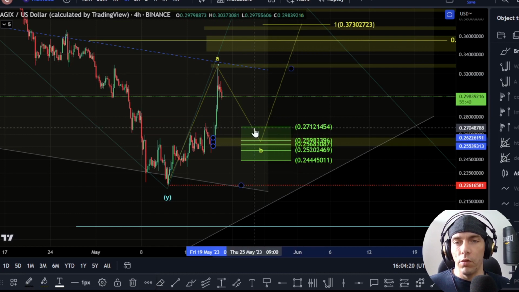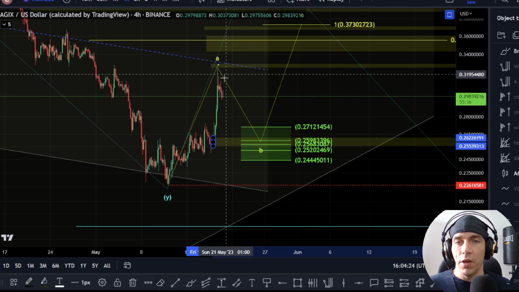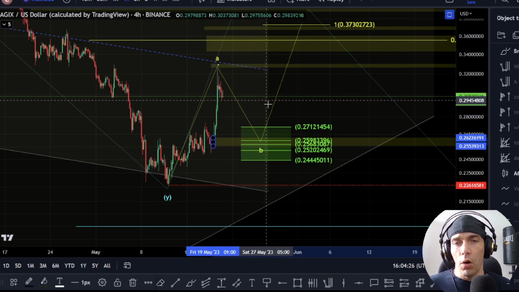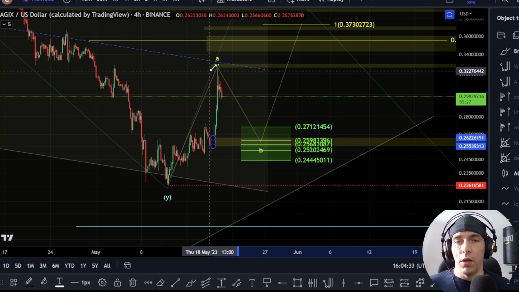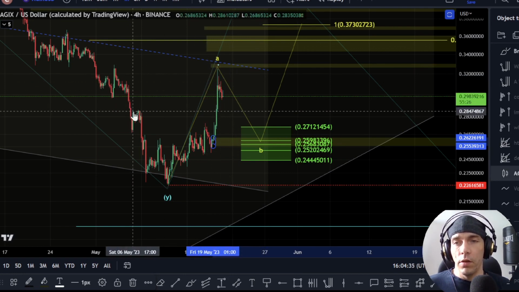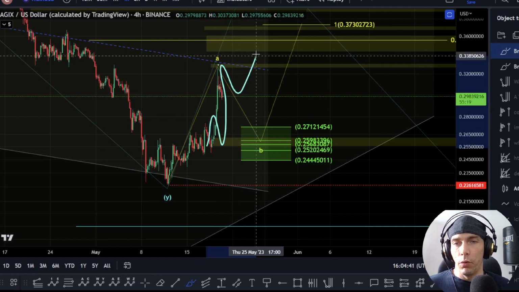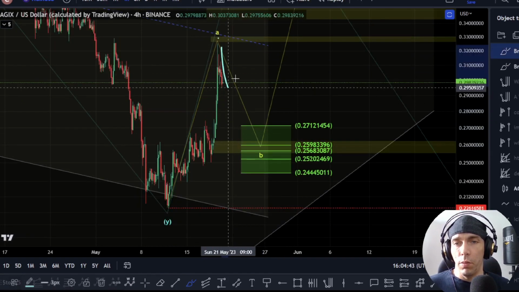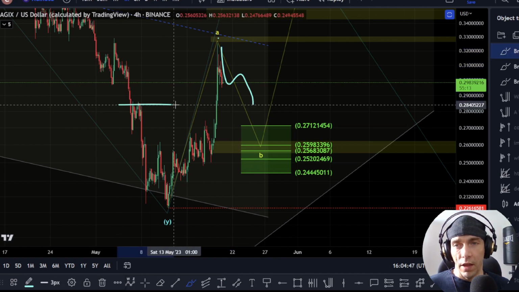Typically speaking, we will look to target this 50% to the 786 if we're looking for a B wave, but it does depend on what the structure is. If we get a more complex correction, potentially what we could actually do is retest this zone here of this 2847, and this could be a lot shorter, though really if we didn't break through this 2847, we'd still have to be cautious of that idea that this isn't a 4th wave and then a 5th wave, even though it would be quite deep at that point if it does break down to these lower levels,